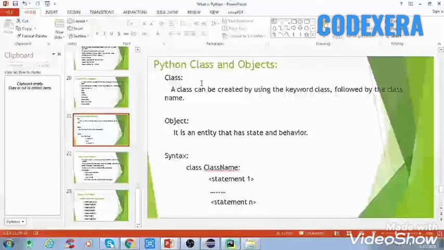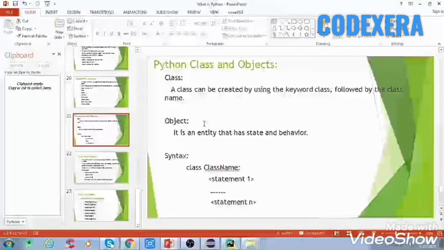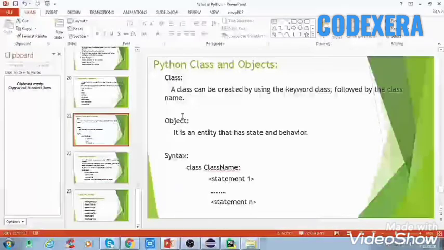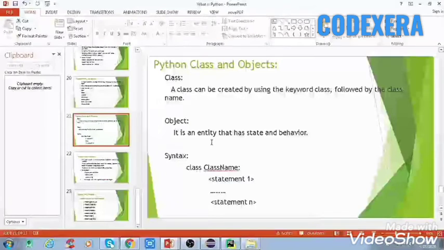I will explain with the help of an example, but first we'll understand what an object is. Like a class, an object is an entity that has a state and behavior. It may be any real world thing like a mouse, keyboard, chair, table, pen, etc. Everything in Python is an object, and almost everything has attributes and methods.